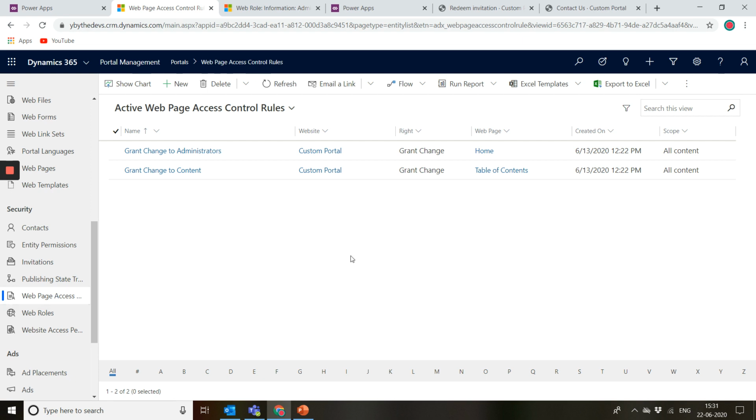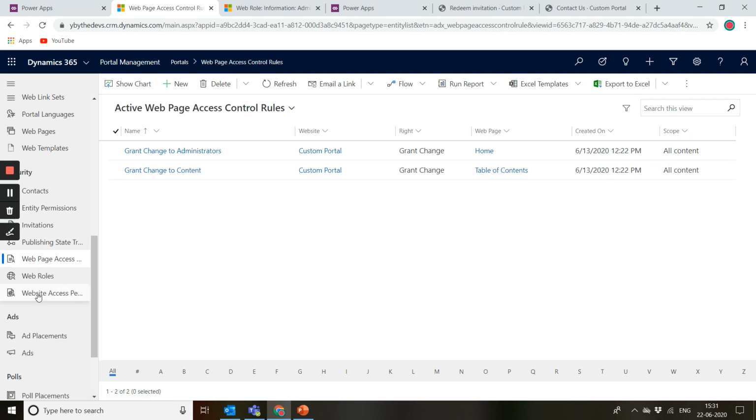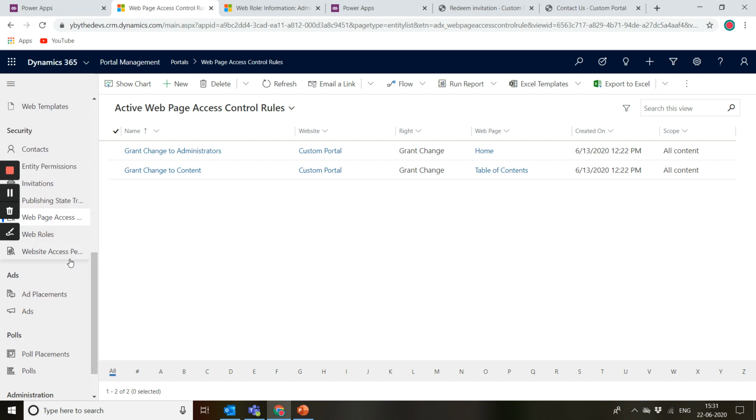You can give this a name, then the website and the right, and then you can select the web page, and finally you can select which web roles you want to give this access to. Web roles we have talked about already, and we have web page access controls at the page level, and then we have access permissions at the website level. So these are at two different levels.